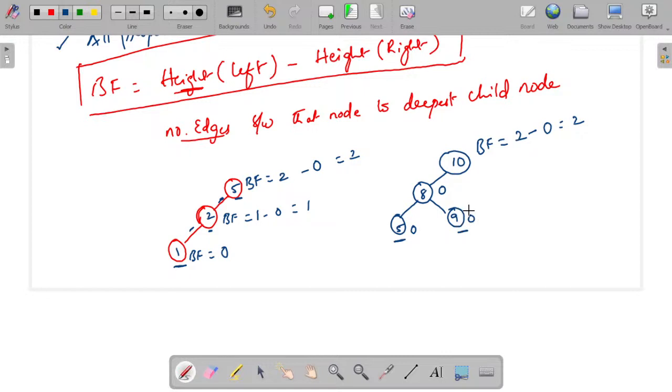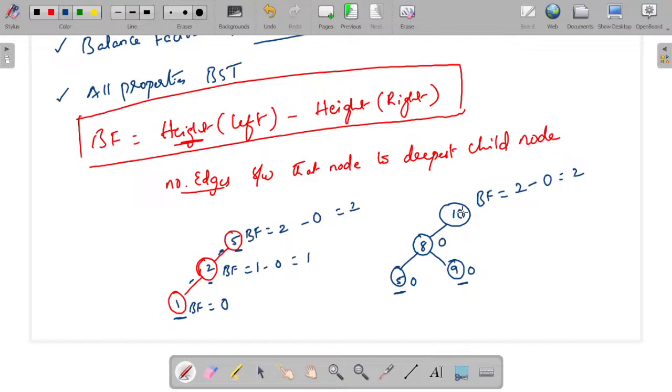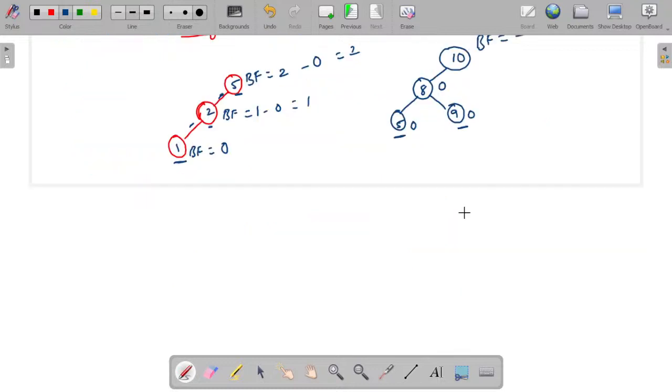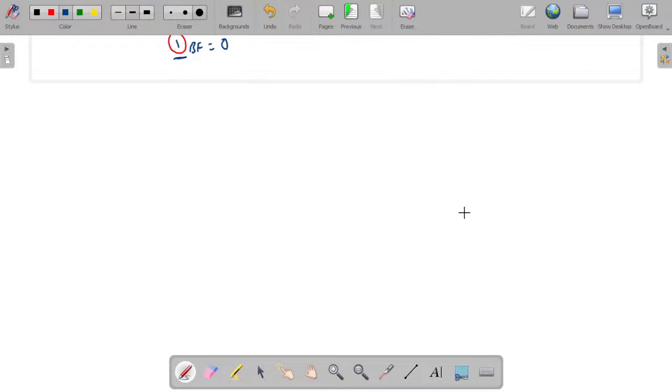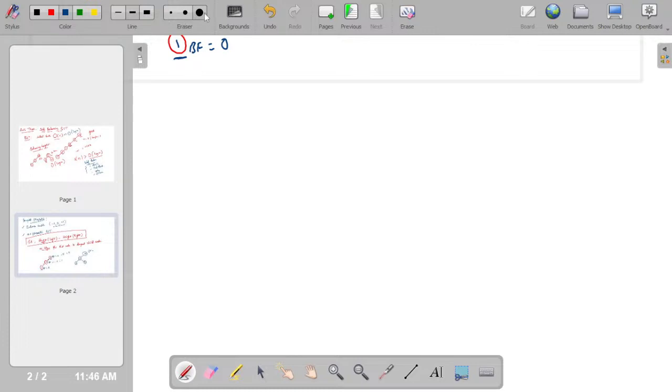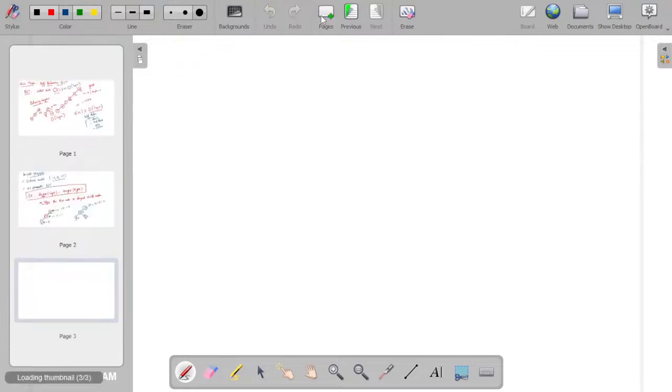All right. Awesome. Great. I believe you have understood how you can compute the balance factors. Since you have understood that, now we will see how we can perform the very first operation,